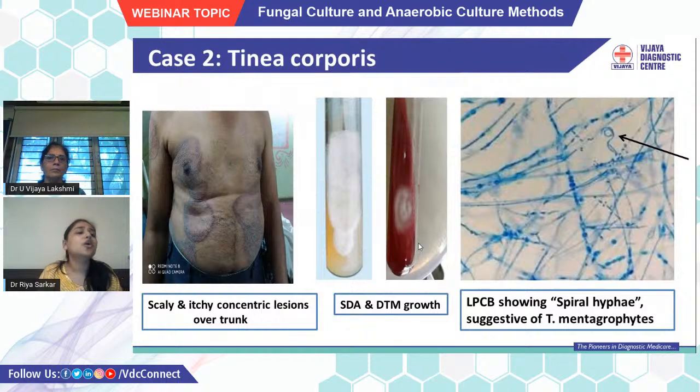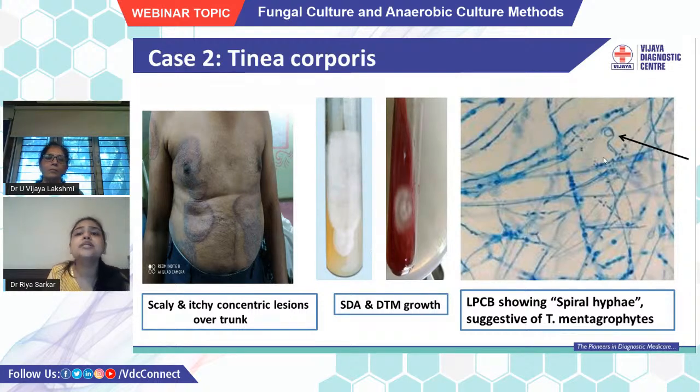Now, a case of Tinea corporis that recently had come to us. The patient had sent us scaly skin scrapings from concentric lesions from his body. On SDA, this yellow colored tube, we found the growth of white cottony fluffy colonies. This right tube, the red color, is the DTM tube. Normally, a DTM tube is yellow in color, but as soon as it gets exposed to a dermatophyte, it changes its color to red,